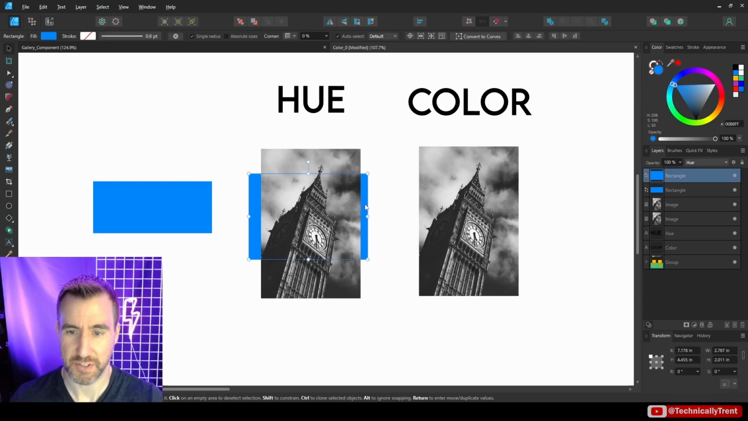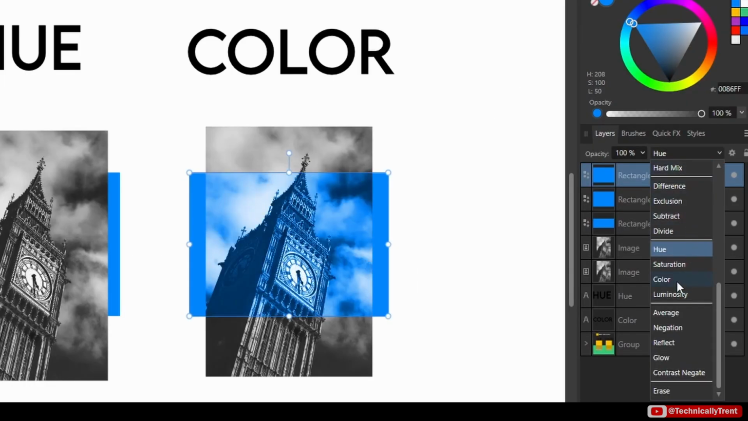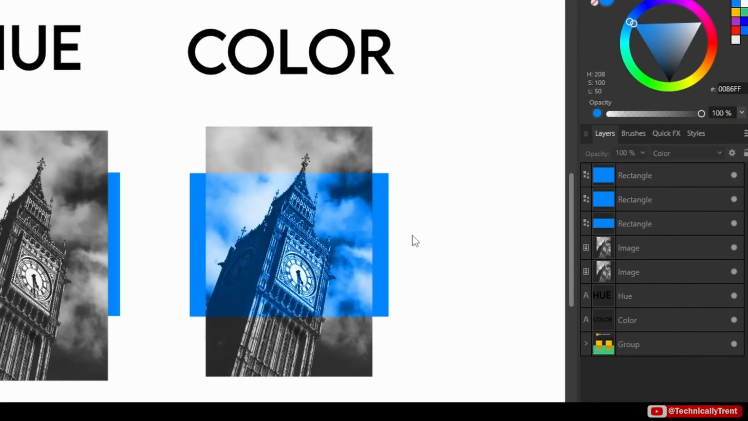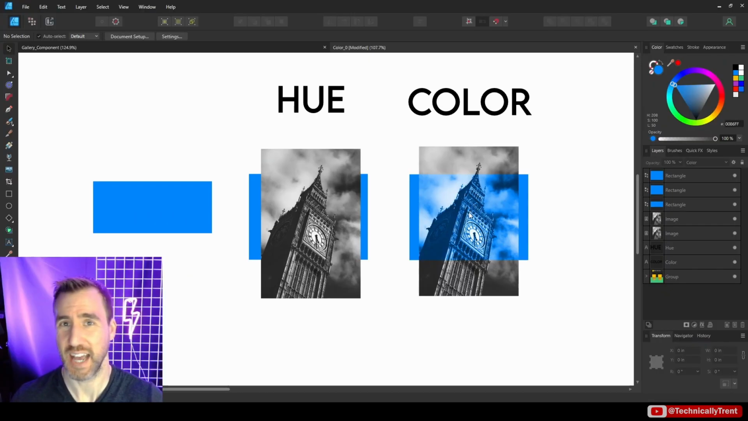So let me take that same selection and copy it over my other image. And let's set the blend mode to color. And now you can see the difference. We're actually getting some color effect here, because what color is doing is it's adding in some saturation values too